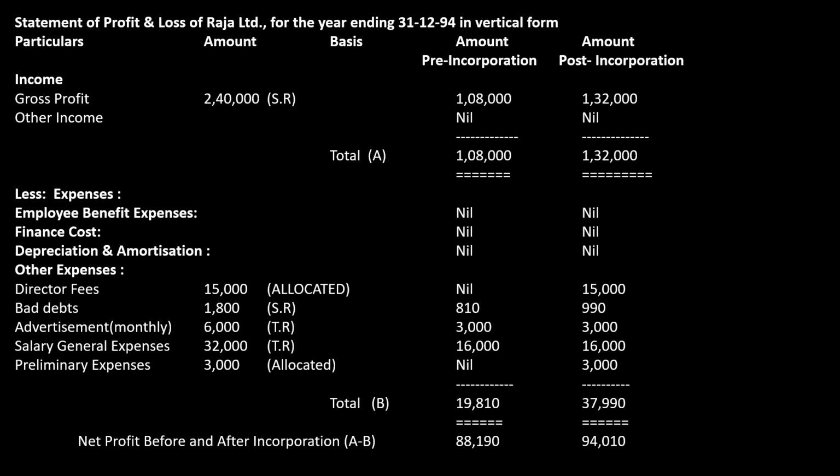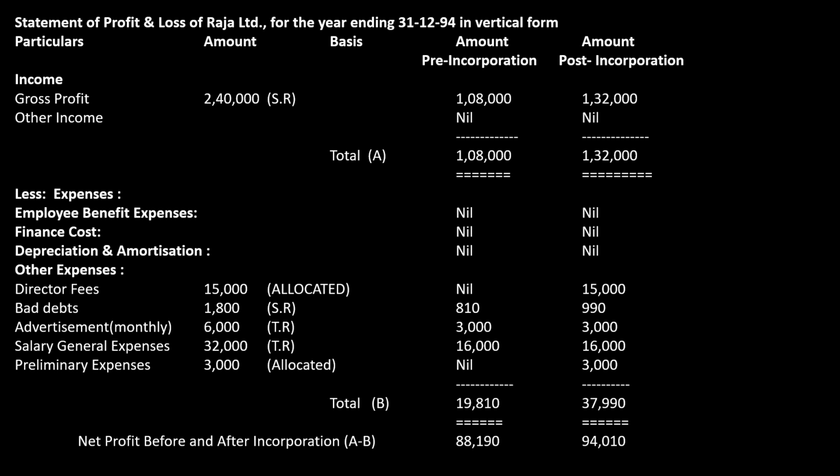Then bad debts. Bad debts is nothing but always in sales ratio. So once again, you remember the tabular column that I showed in the second slide, only then you will be able to do this. So you should memorize that. What are the expenses that will be allocated in time ratio? What are the expenses that will be divided in sales ratio? Now, bad debts in sales ratio. Advertisement, since it is given monthly within bracket, you divide this in time ratio, not sales ratio. If the word monthly is not given, you divide in sales ratio. If it is sales ratio, you know the sales ratio is 9:11. That way you have to divide.